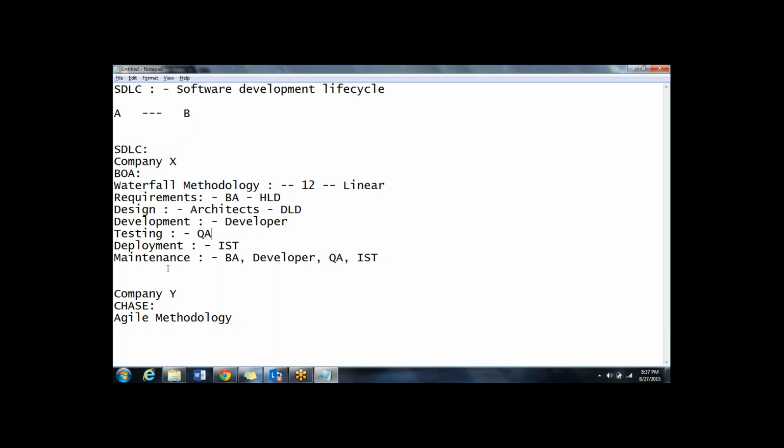Then you will do it in the next phases, like a maintenance phase or whatever. Okay, so this is how an application is developed by company X for the end client Bank of America in a 12-month span, and by the end of 12 months the application is released and will be available for the end